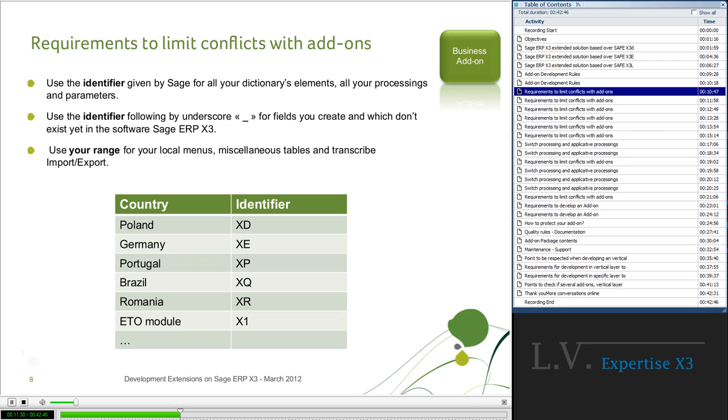Use a range given by Sage for local menus and miscellaneous tables, and also use the identifier followed by an underscore for files you created and which don't exist yet in the software Sage ERP X3.